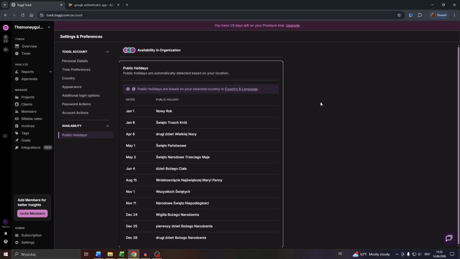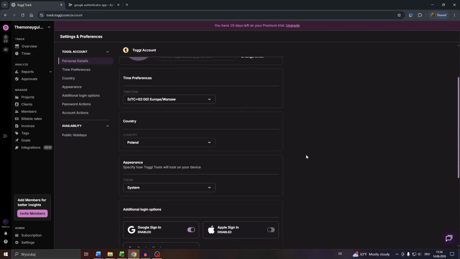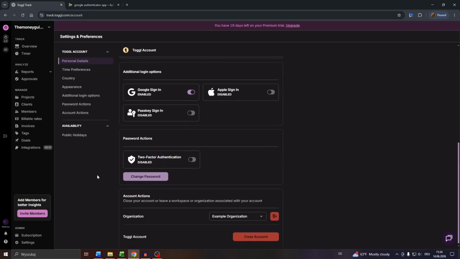As you can see, guys, these public holidays may be different, for example, depending on your country and language settings. And so what you want to do, guys, is change your country and language settings. And you can do this here, for example, in your personal details section, and then change the country, the time preferences, and also